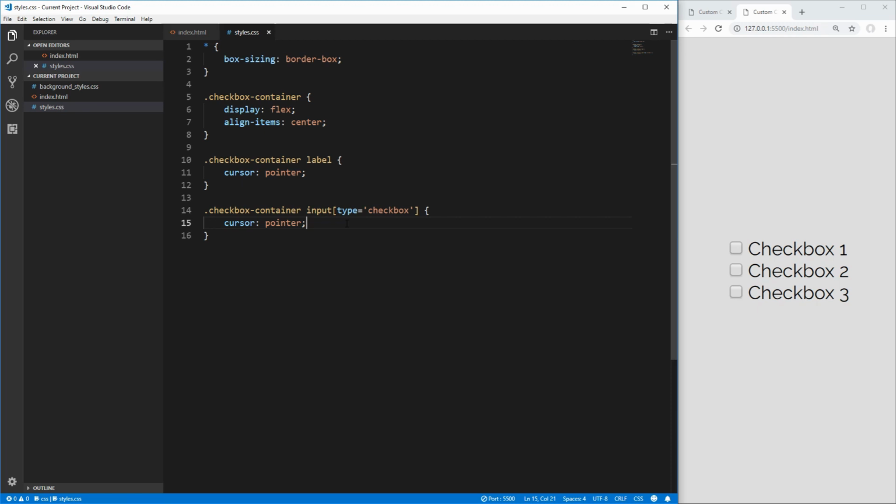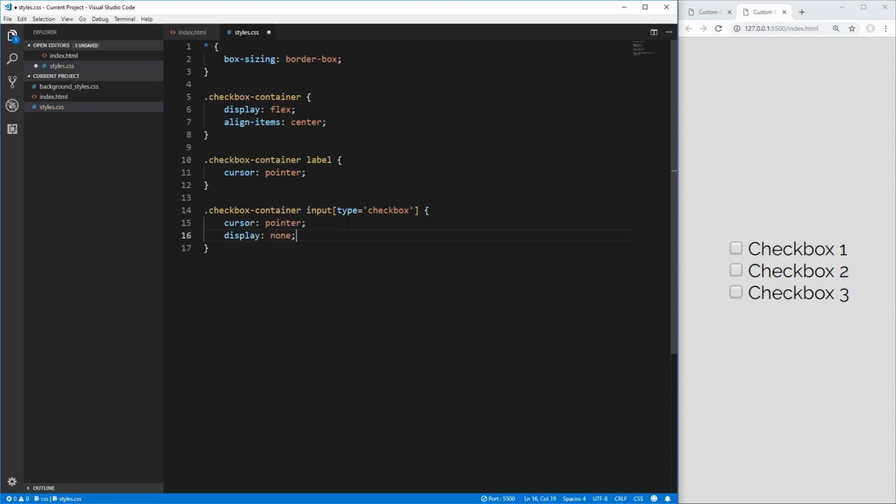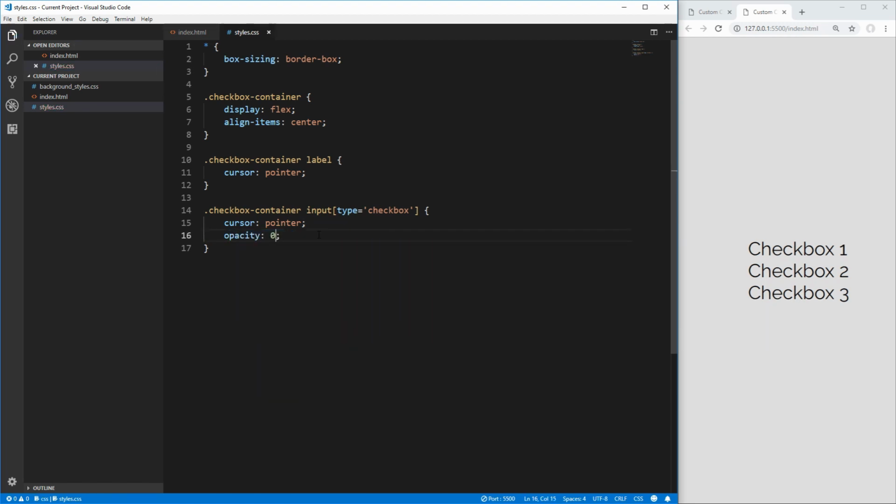So inside of our checkbox selector here, the first thing you would think of doing is just using display none to completely remove this element, and that will work. But now we can no longer tab through our different checkboxes, and screen readers won't actually pick up these checkbox items since they're no longer being displayed. So instead, what we want to use is to set the opacity to 0, and now it'll be